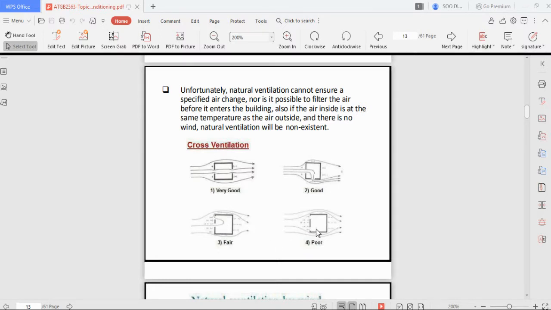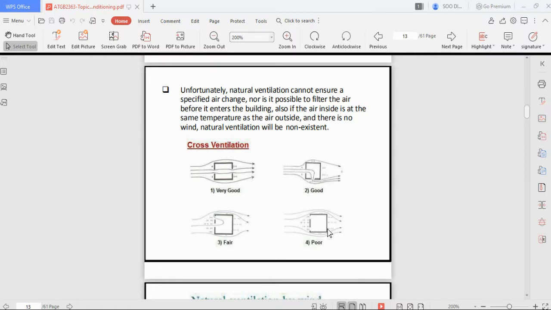One of the problems you will have if you only have an opening on one side is that if the air pressure inside the room and outside is the same, then even though the wind is blowing into your window, you will not have any air exchange in your room. That is because your room has a very high pressure and the wind is not able to go into your room if you only have